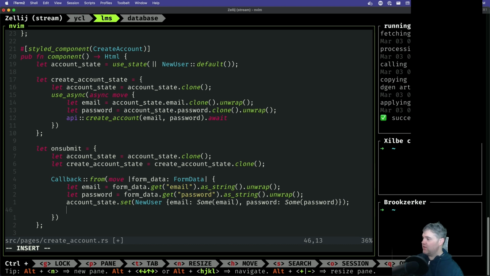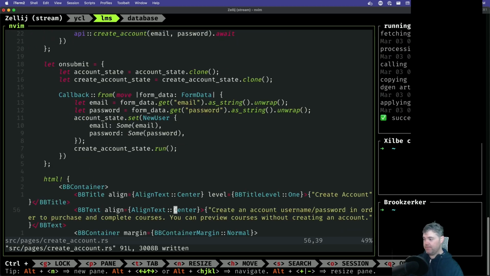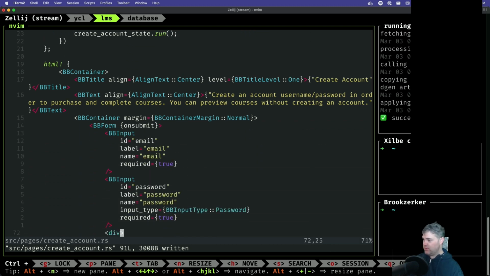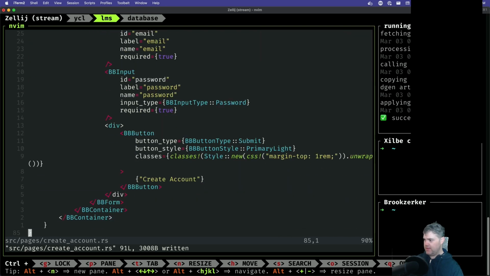Then I can call create account state and tell it, okay, time to go. Create account state, run. Start doing the thing. That will launch the API request and start the entire process. Which time we can display the message somewhere. Maybe after the form we can have